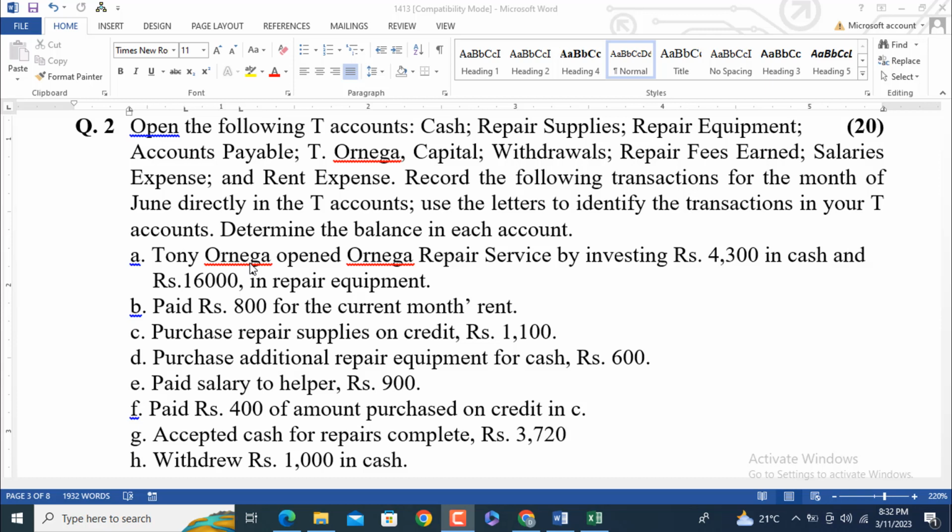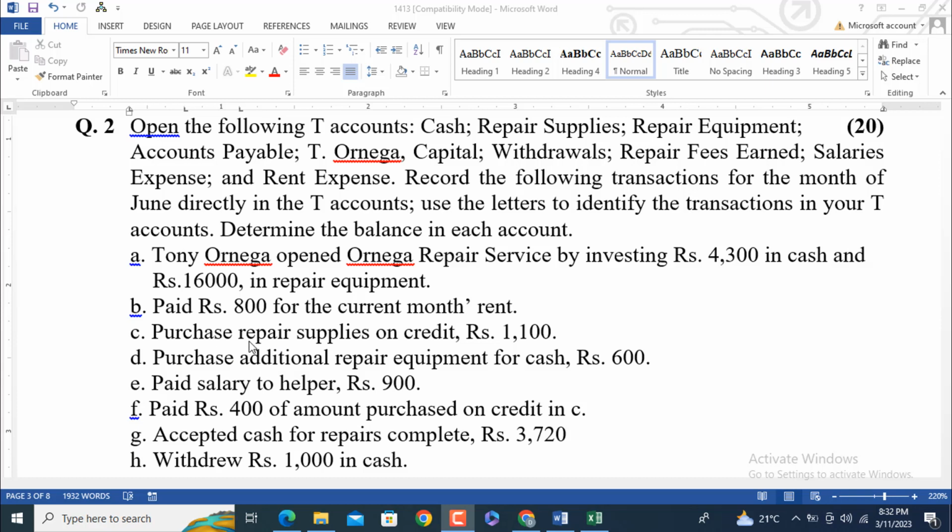At that time he is investing cash of rupees 4,300, and he has brought repair equipment which has a value of 16,000. After that there is a second transaction: paid rupees 800 for the current month rent, and this transaction is related to rent expense for the